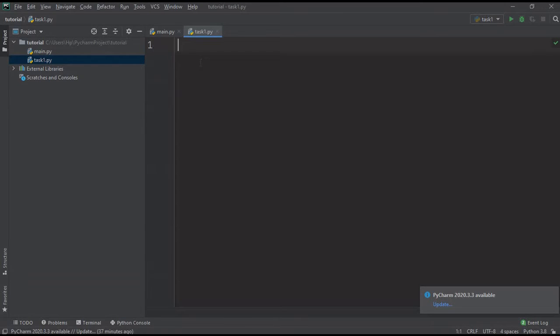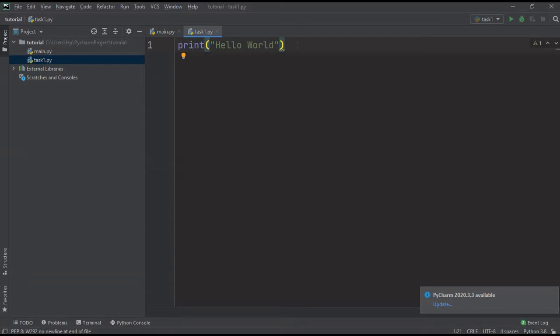For that we are going to use the print method. Now we'll see how this print method works. First of all, I'm going to print a simple message through this print method. We are going to display the message hello world here. Whatever message you want to display, you have to enclose it inside double quotes or single quotes, because the print method here is printing a string.